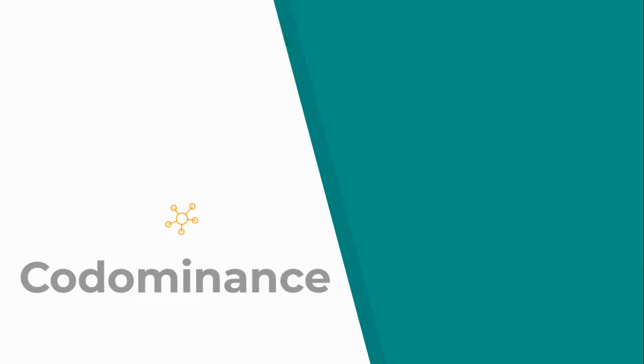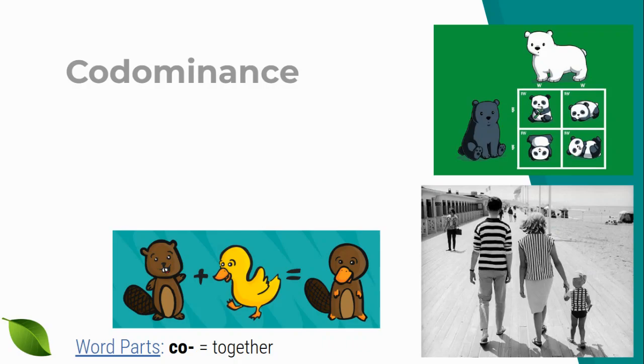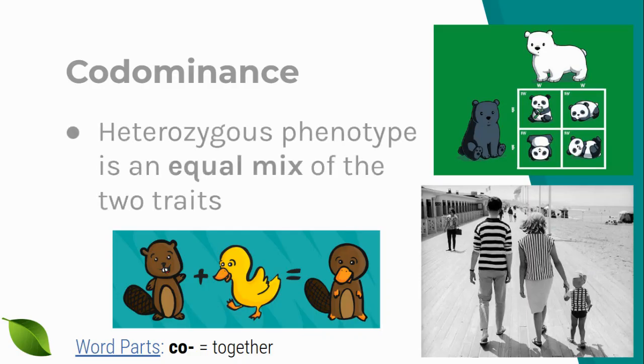In this video lecture, I'm going to cover codominance, which is another form of inheritance of some traits. So for codominance, co means together. So we're no longer looking again at a dominant and a recessive the same way that we were looking at them with monohybrid crosses. Now we're going to have two alleles that are dominant together. So when we inherit both of the different alleles, when we're heterozygous this time, we're going to have